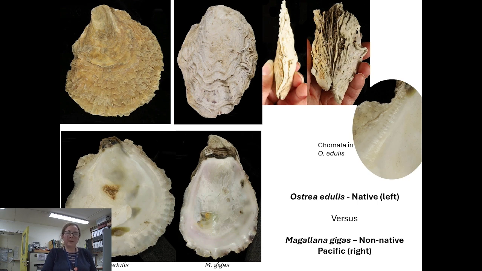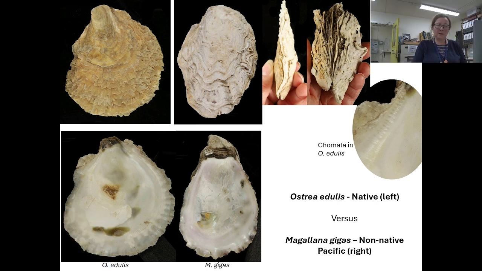So in each of these sets of photos, the Pacific oyster is on the right hand side and our native oyster is on the left hand side. This is trying to compare the 2. The Pacific oyster has a more elongated oval outline and a really solid shell, which has strong zigzags at the edge of the margins, and both valves are cupped. Remember, our native oyster has one flat valve and one slightly cupped valve.